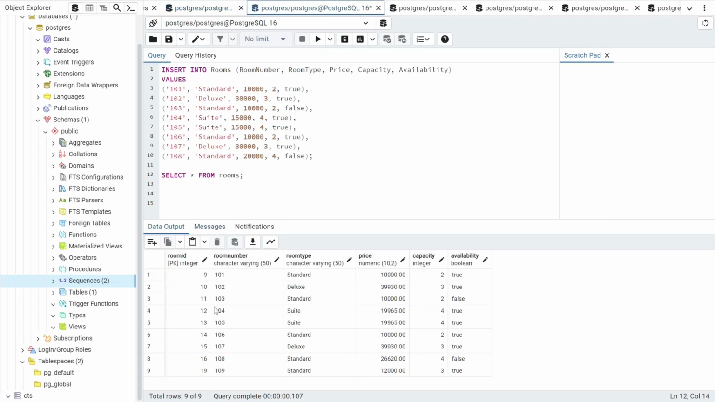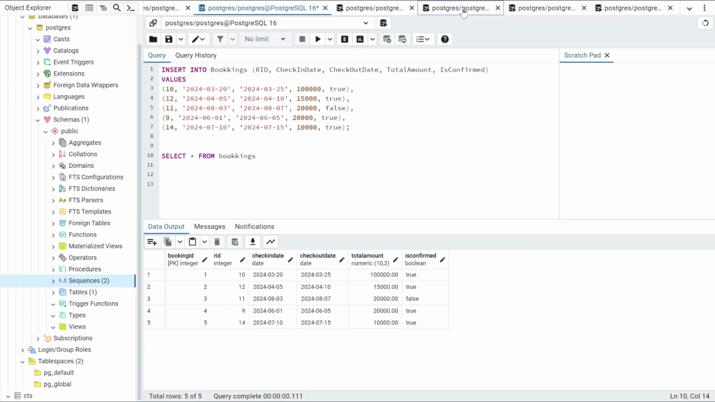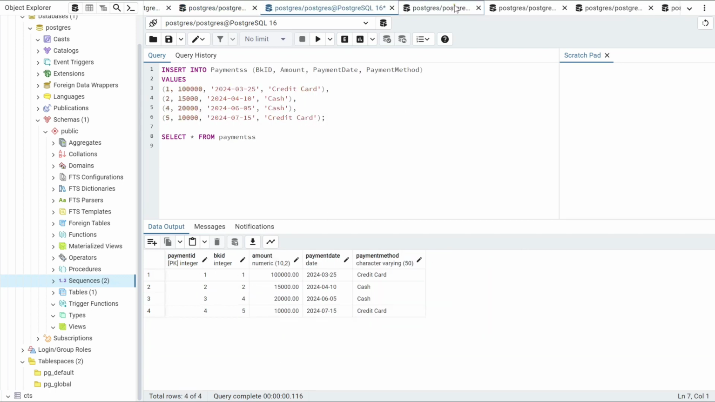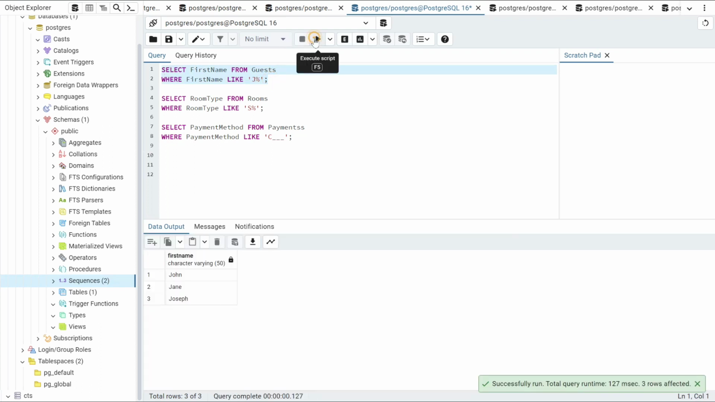The tables I created here are the rooms table, guest table, reservation table, booking table, and lastly the payment table. This query selects the first name column from the guest table where the first name starts with the letter J. The LIKE condition is a pattern matching operator in SQL, where percentage is a wildcard that matches any sequence